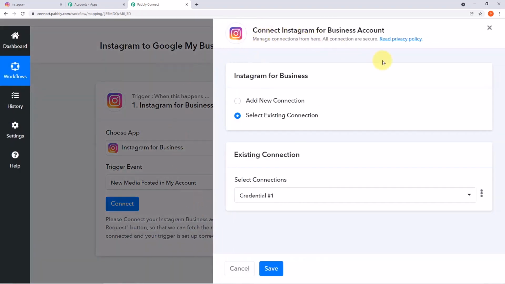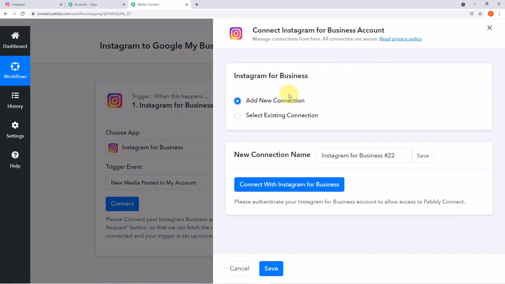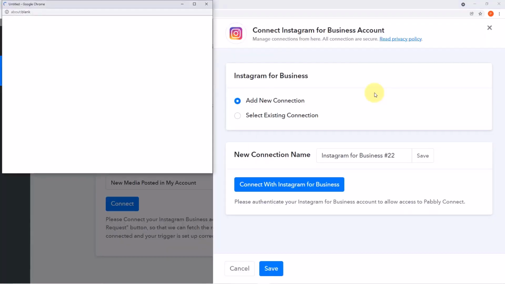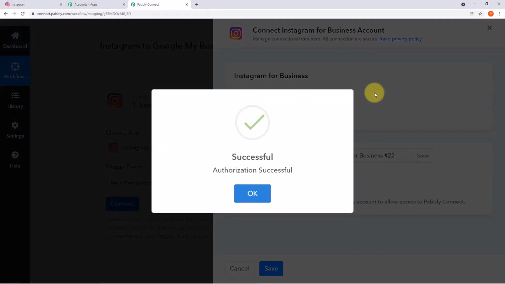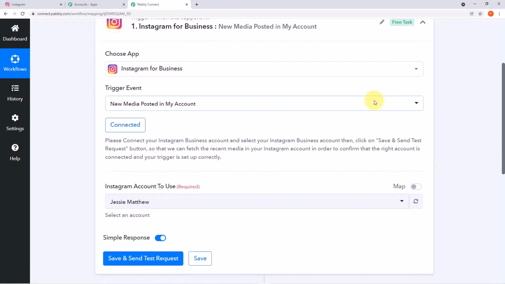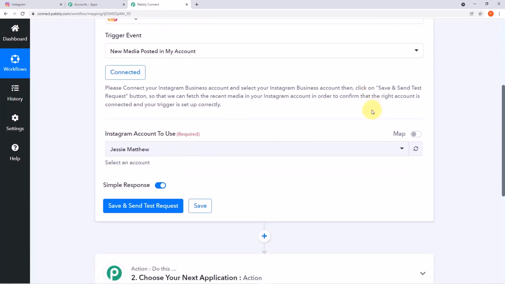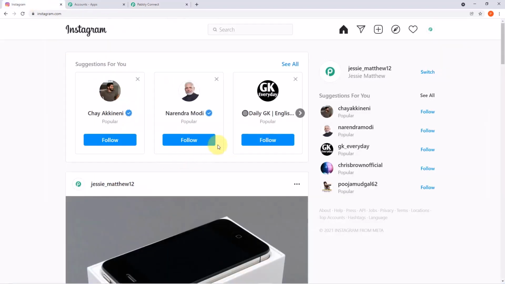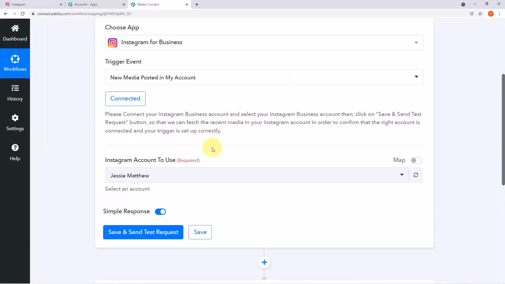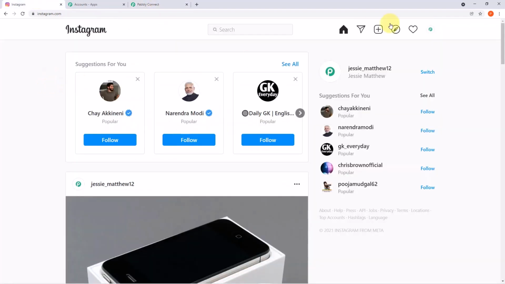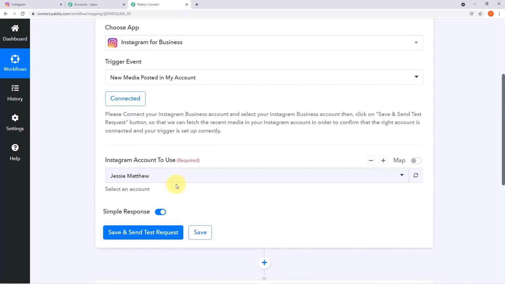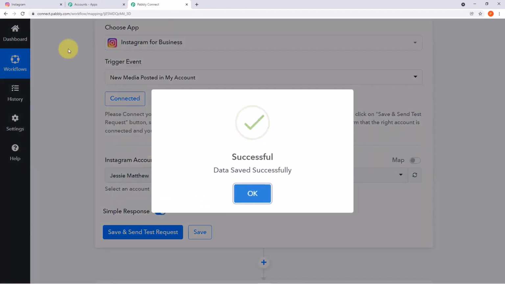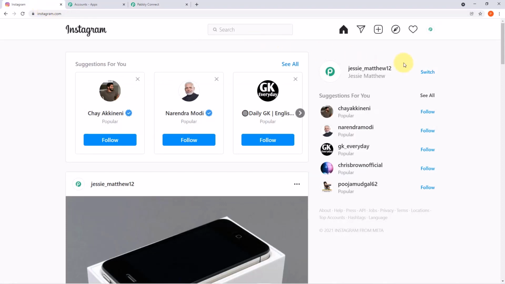A mini window will emerge in front of you asking for two options. I'll click on add new connection, and now I'll click on connect with Instagram for business. Okay guys, as you can see on my screen, I have been successfully authorized. Now this is the particular account name. Because I'm already logged in with my account, the account name has been automatically mapped. Now what we have to do is share a post in our Instagram account so that we can capture the details of that post here in Pabbly Connect. So let me first click on save,